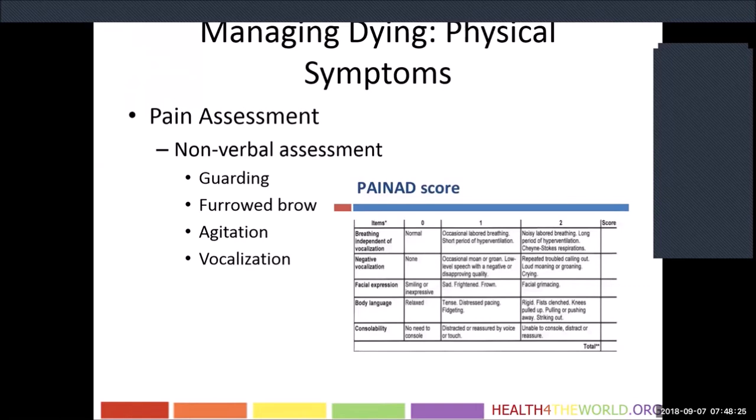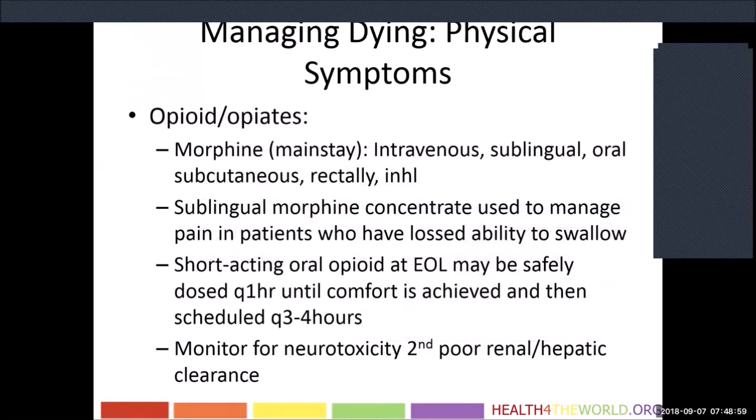There's actually a really good score that we use in dementia called the PAINAD score, which assesses nonverbal pain. And again, it looks at the facial expressions, the body language. If you have an elderly grandmother and she's very sweet and loving, and now she's trying to hit and scratch you every time you go to her, it could be that she's confused, but it could be that she's in pain. So sometimes when I see agitation or what I think is delirium, I treat them for pain before I treat them for agitation.